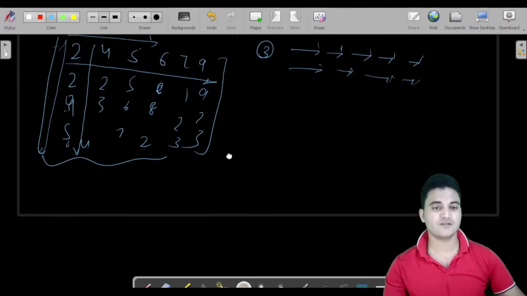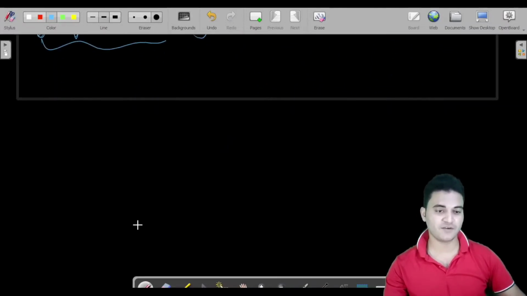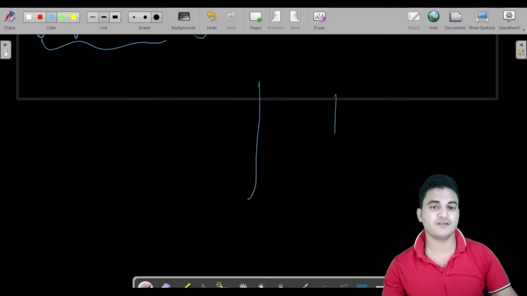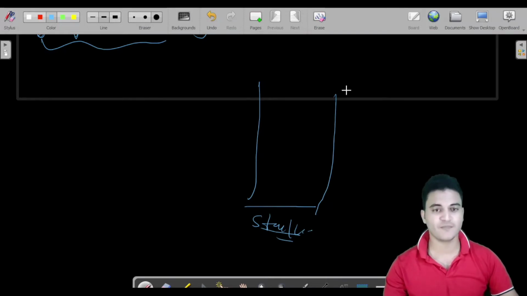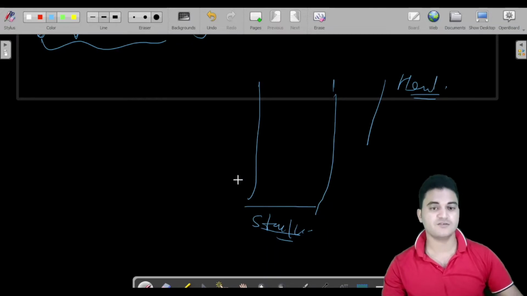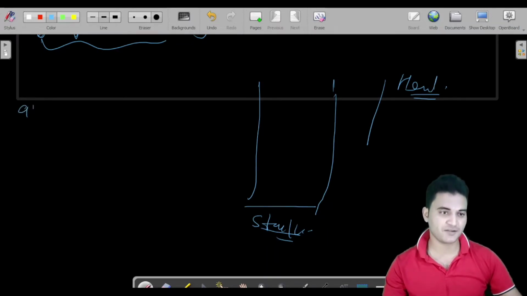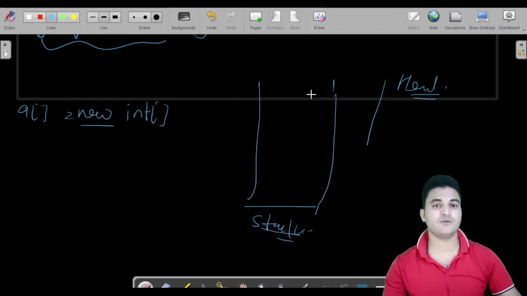Fine. So this was this, and if you remember, I have covered one point in 1D array. Let us say we were having this as a stack, you can consider it as the call stack or the stack in the memory, and here we were having the heap also. So while declaring the 1D array like this, once you write the new keyword, that means you are declaring something into your memory, either in a stack or in a heap. This is conditional. Let us suppose size 5.